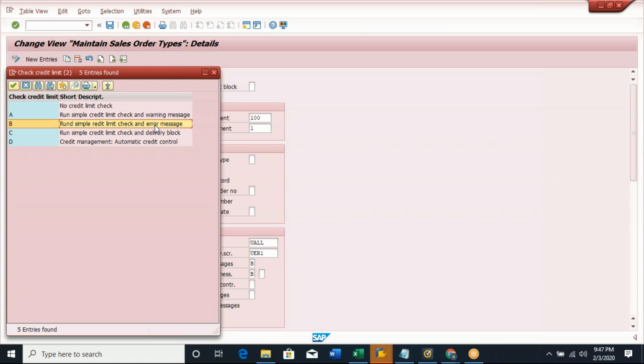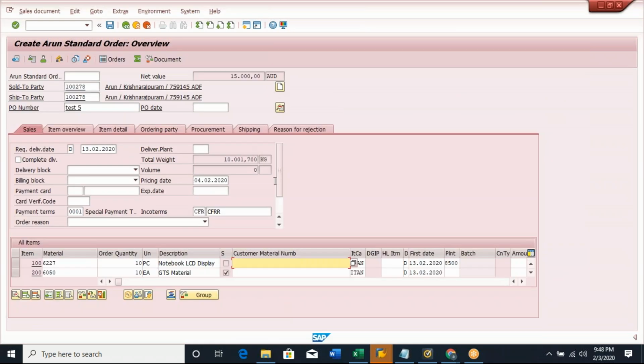That will not allow the user to create the sales order. Or sometimes you can say run the credit check, and if the sales order value exceeded the total credit limit of the customer,